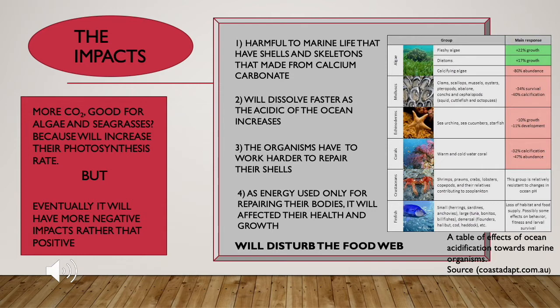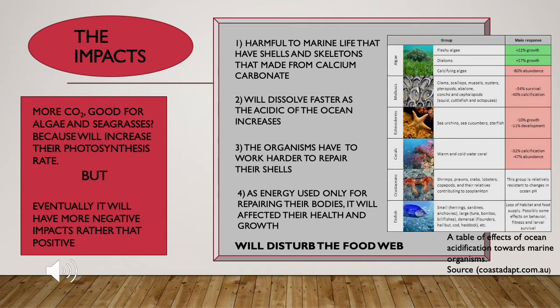Other than that, organisms that produce calcium carbonate structures have to work extra hard to repair the damage to their shells in order to survive. In this process, the shell will dissolve way faster than they can actually repair it, so that's why it's very harmful for them. Also, this process could use more energy than expected, so it will affect the animal's ability to grow and reproduce healthily. As day by day the environment becomes more harsh, the number of animals able to survive is very small, which can affect the food chain or food web.